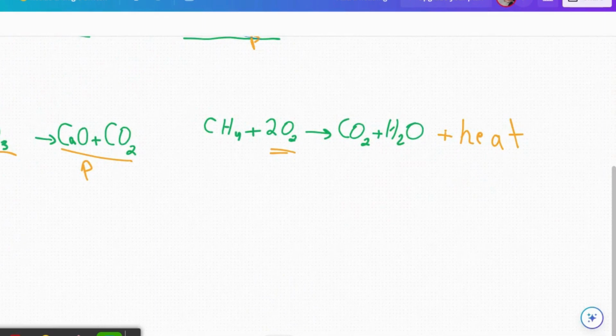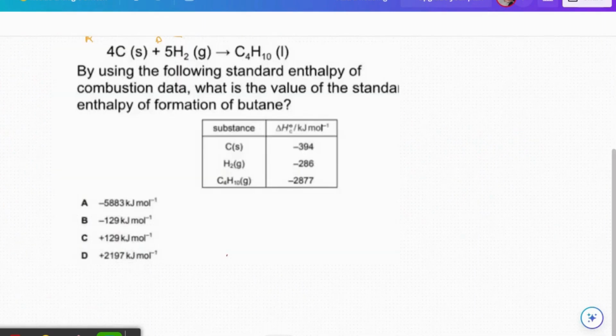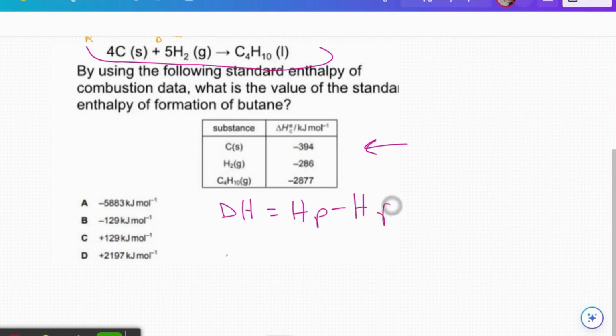Now, I'll give you an example for calculating enthalpy and figuring out if it is exothermic or endothermic. In this reaction, the standard enthalpy of combustion data for each reactant and product is given to you, and then find out the delta H enthalpy. Delta H is H products minus H reactants. Now the product is only C4H10, delta H is this number, so negative 2877 minus, open a bracket,